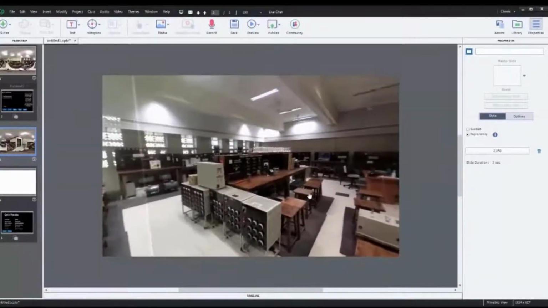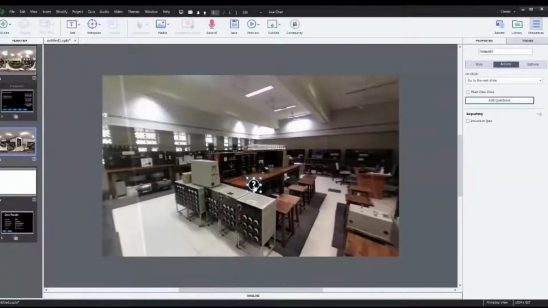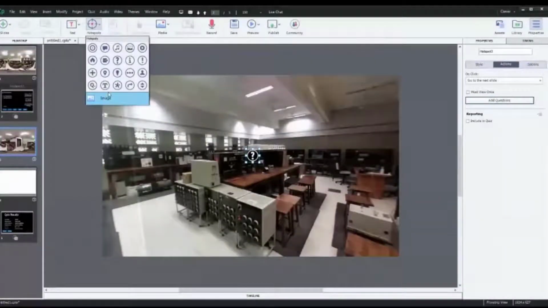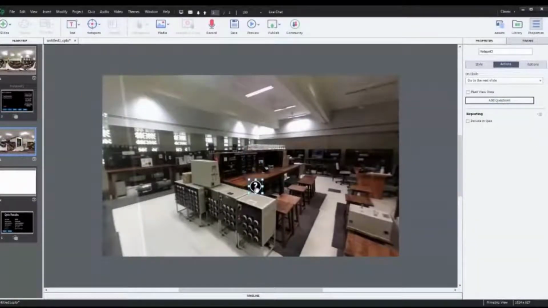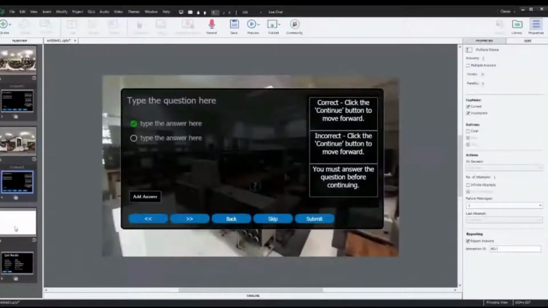And here I want to add one more question. So we'll again take a hotspot. And let me this time ask, what is this? So here in the interaction, you can see there is an option, like I said earlier, for including various other images. So you could take an arrow image and save it in a PNG form and load it here, depending on your convenience. I'm choosing a question mark icon directly. So everything remains the same. I want this to be viewed once. I'm adding a question to this, again, a multiple choice question. So it has added another question slide.